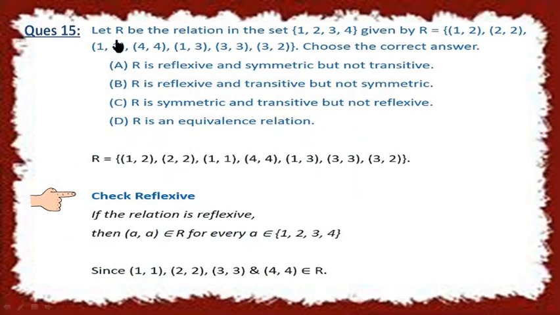Now let's take question number 15. R is a given relation and this relation is defined on the given set {1, 2, 3, 4}, and the relation is given in roster form. Let's check all the relations one by one, then we'll look at the options. So reflexive. For reflexive we should have all the doublets: (1, 1), (2, 2), yes it is there, (3, 3) yes, and (4, 4). All 4 doublets are there, so this relation is reflexive. Now let's talk about symmetric. (1, 2) is there. Do we have (2, 1)? No, we don't have it. So this is not symmetric.